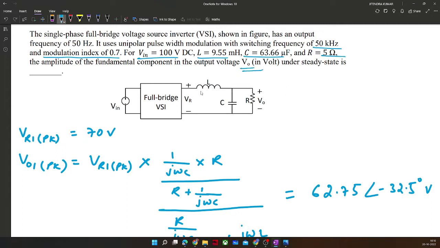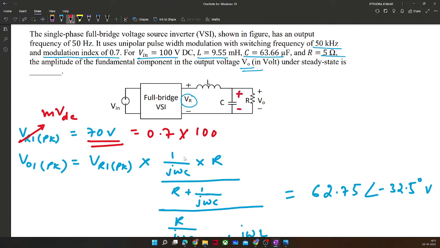Okay. However, we can easily calculate the fundamental component of VR1. That will be nothing but M into VDC, which is nothing but 0.7 into 100. That will be 70 volt. Okay. Now, after computing the fundamental amplitude of voltage VR, we can easily calculate V naught by voltage division rule,